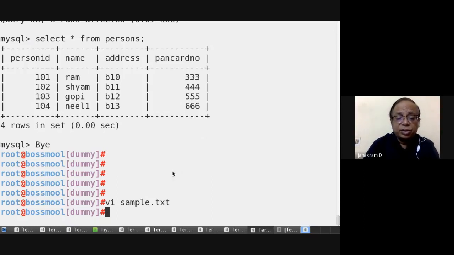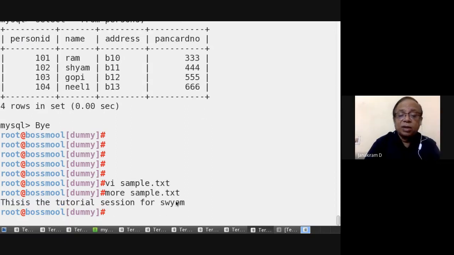So if you just use the sample.txt, this is an operating system file, right? You've created it, yet there is no format for this. You can put anything here, including whatever text you want. There is no format for this. On the other hand, if you're using a spreadsheet, you have those cells and you put data into those cells, and you can add up and do lots of things which are pre-configured within